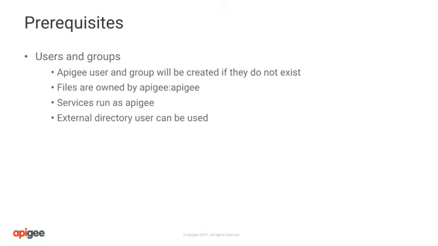Apigee services will run as the UID of a user named apigee with a primary group also named apigee. If you create the user and group ahead of time, they will be used, and if the user and group do not exist, they will be created automatically at the time of installation. If you wish to use an account from your directory service instead, just ensure that the user and group are named apigee. As long as the user and group are visible using common tools such as getent, they will work fine with the Apigee installation.